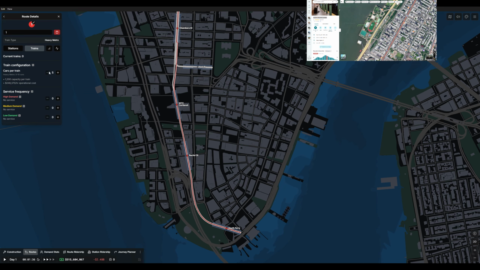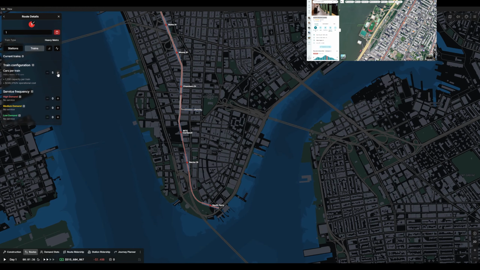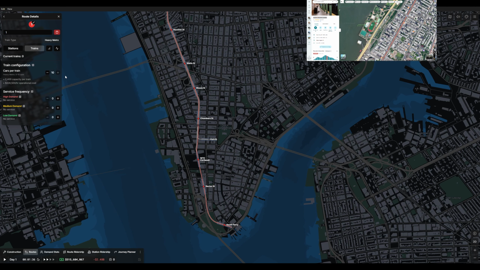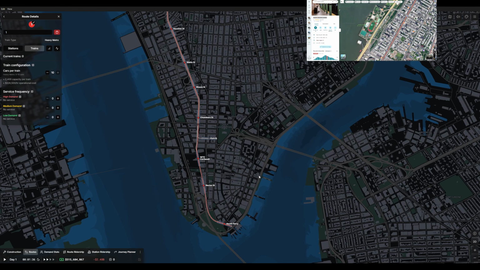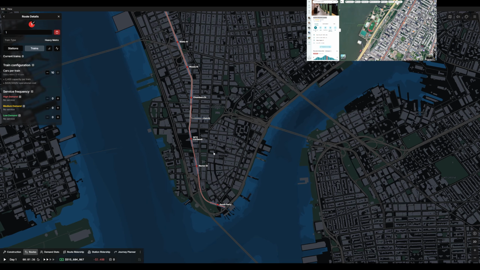And then we need to go to trains. So we have a choice here. We can have 5-car trains or 10-car trains. But if we're going for realism, most of the lines in New York would have 10-car trains, with some exceptions. But for most of this, it's gonna be the 10-car trains. They might not fill up fully for now, but